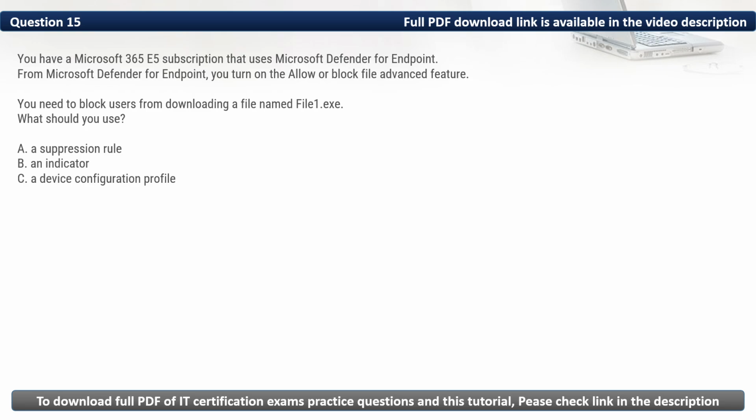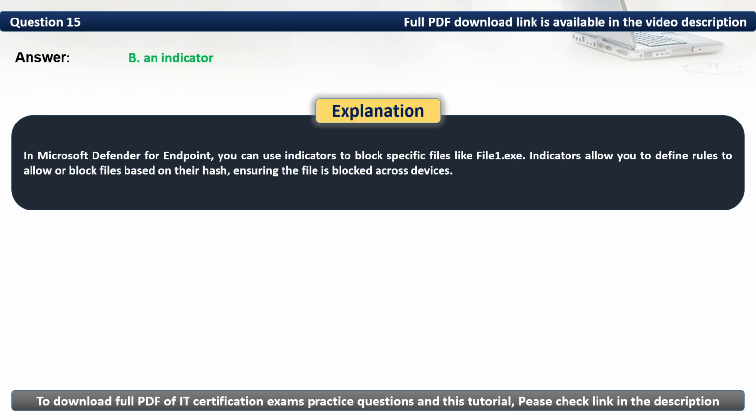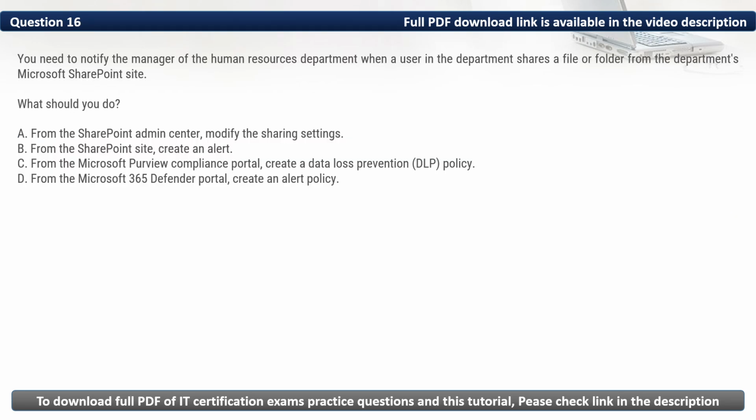Here in this question, in order to block users from downloading a file named file1.exe, we could use an indicator. Thus, the correct option is B. In Microsoft Defender for Endpoint, you can use indicators to block specific files like file1.exe. Indicators allow you to define rules to allow or block files based on their hash, ensuring the file is blocked across devices. Question 16. You need to notify the manager of the human resource department when a user in the